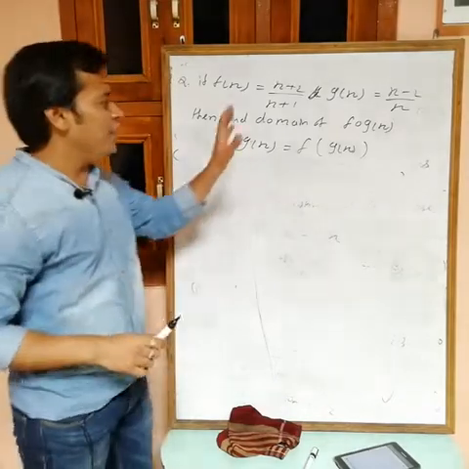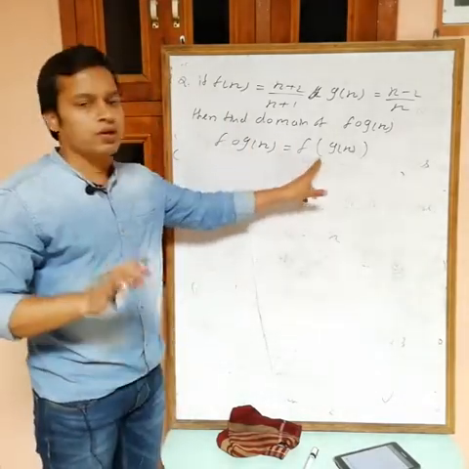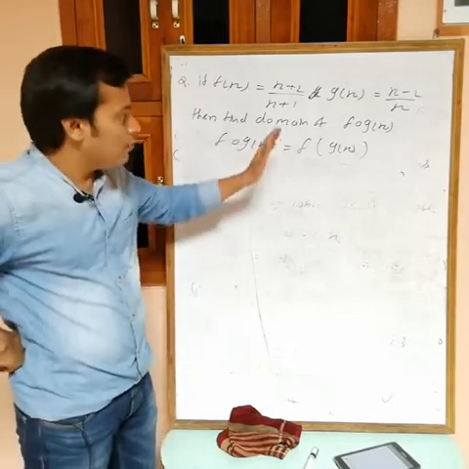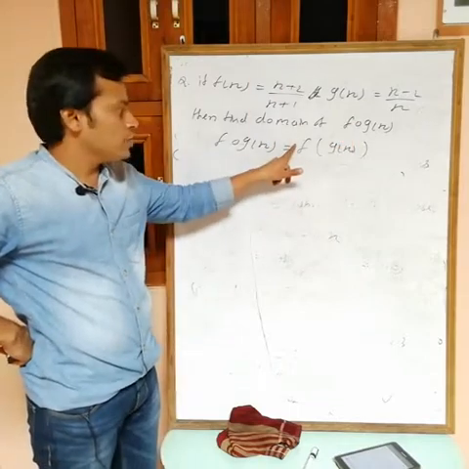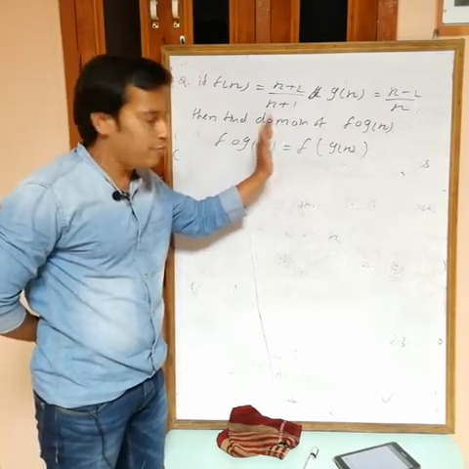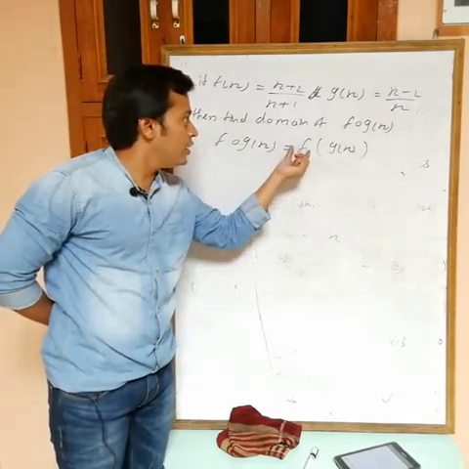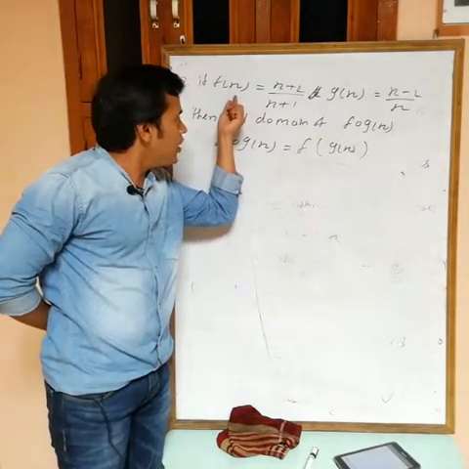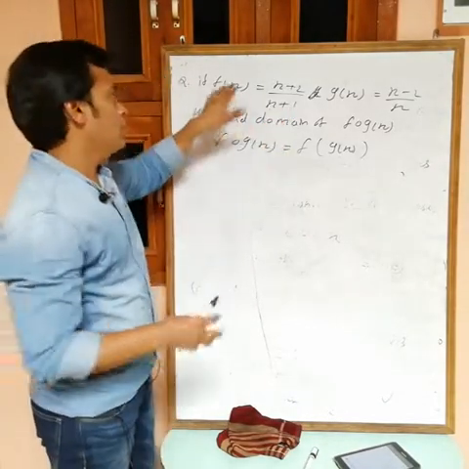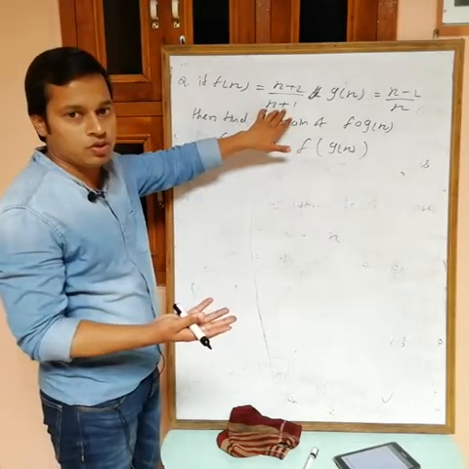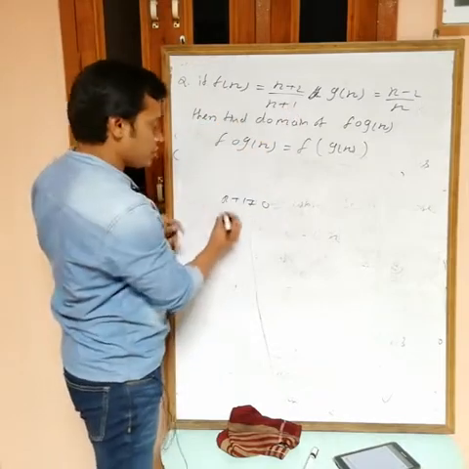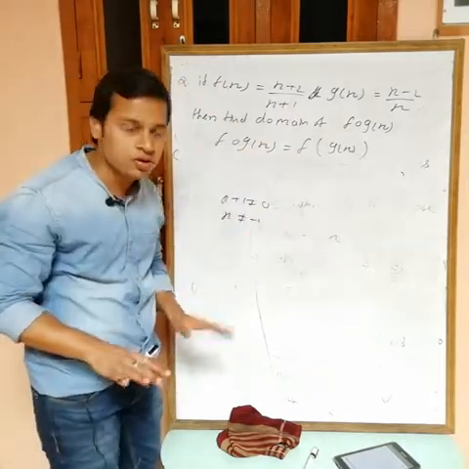Now actually to find the domain there is no need to find this one completely first. Just do a simple thing. What do we have to remember? First, apply the condition for domain, outside to inside, the same thing. So just remember the theory, outside to inside. First we get f, and f(x) is not defined for minus 1. In f(x), the denominator can't be equal to 0, so x plus 1 can't be 0. It means x can't be equal to minus 1 for f(x).